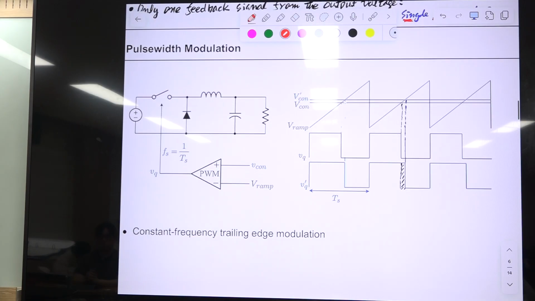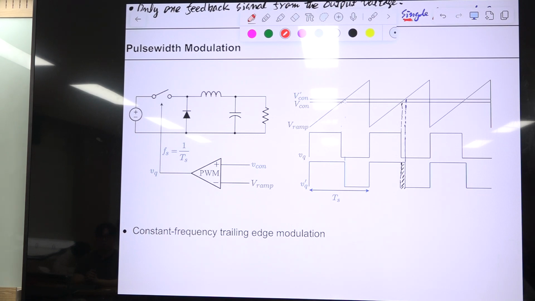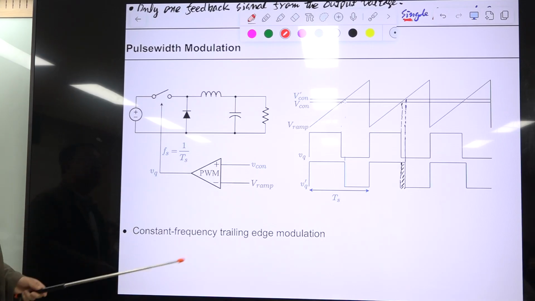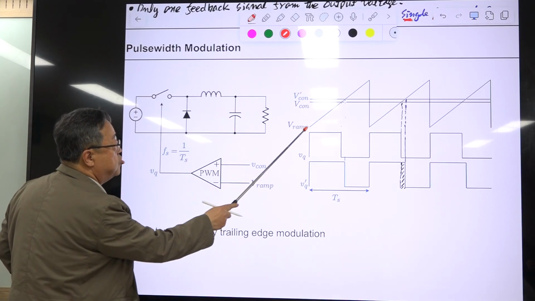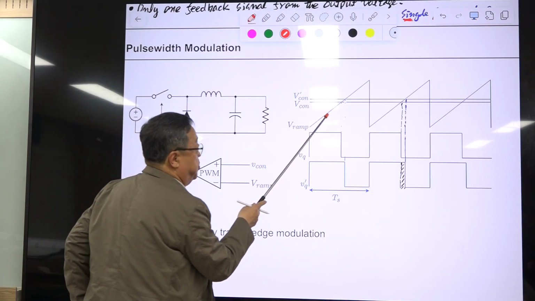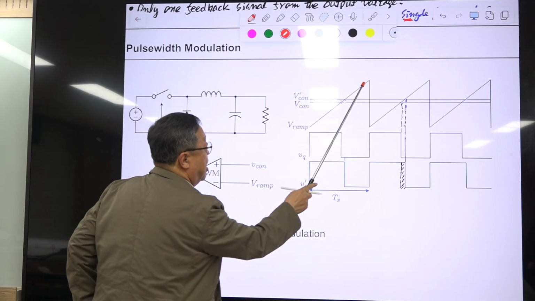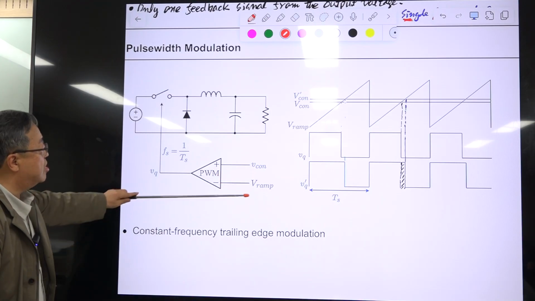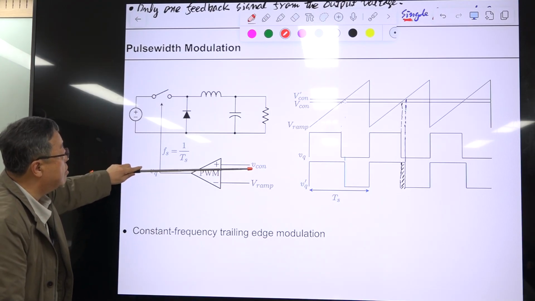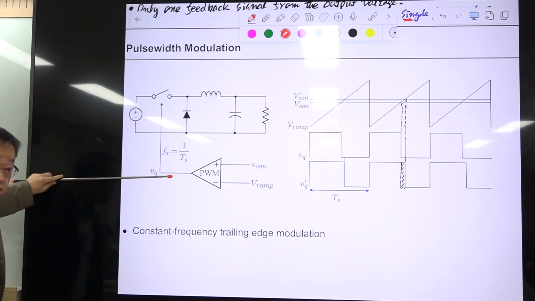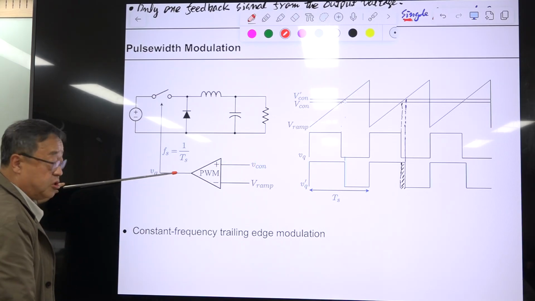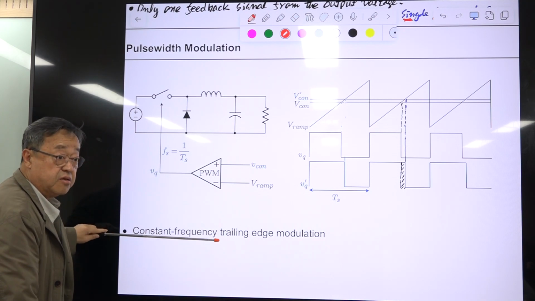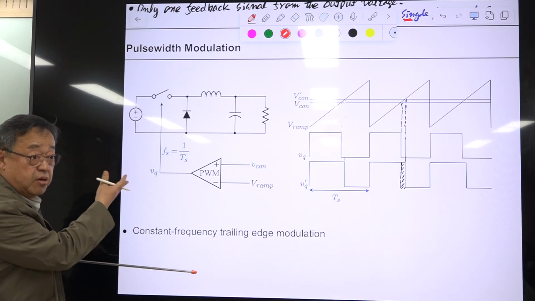This slide is familiar to you. We discussed this many times. This is a PWM block and ramp signal. The ramp signal starts ramping up at the beginning of the switching period, and it reaches the peak value at the end of the switching period, and it drops to zero here and continues like this. And we are comparing this. If this Vcon is large, then this becomes large. If this one is large, then this becomes low. There is a definition of this plus and minus in this case. For the op amp, it is similar but a little bit different.